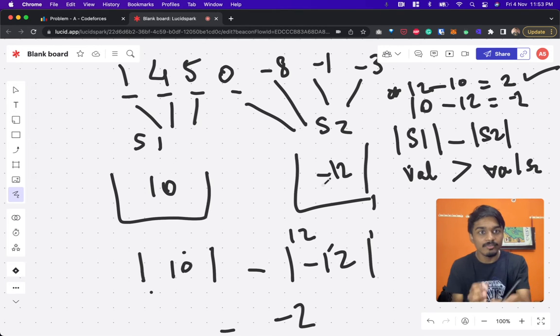Now, how do we derive it? Instead of putting mod S1 minus mod S2, you can do whatever you want. We can put positive numbers in any bucket and negative numbers in any bucket. We simply have to know what the absolute difference is. So it simply means that